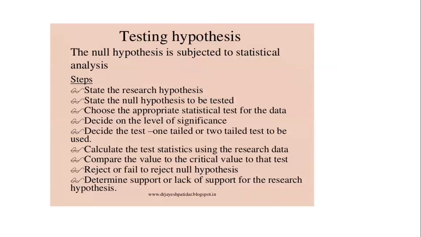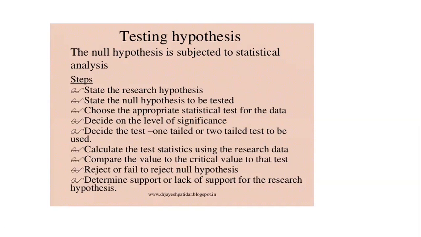And in testing hypothesis, you need to follow these steps. Always you need to write first the null hypothesis related to your subject. First step is you have to state the research hypothesis, both null and alternative, and choose the appropriate statistical test. After you write your hypothesis, you need to check what type of statistical test I am going to use. So in our upcoming lectures, we will see how you are going to find your appropriate test, right?